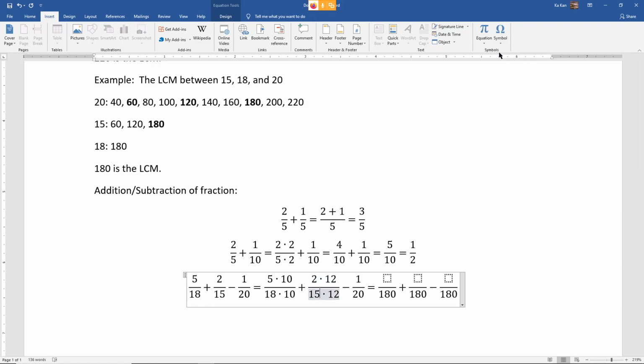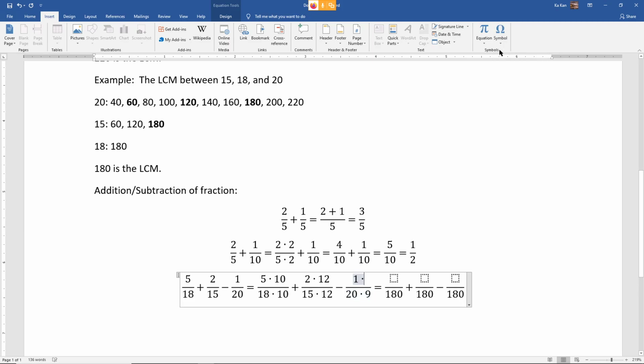Right? And this one's easy too, 20. 20 times 9 is 180, right? 2 times 9 is 18, right? So multiply by 9, right? Go up times 9. Like that. So then you get